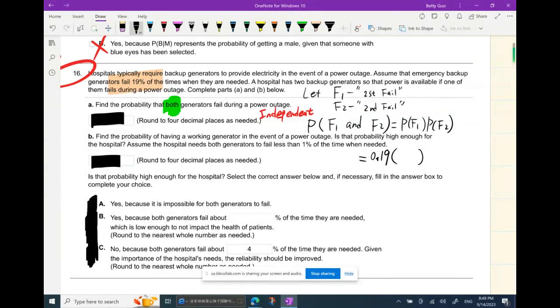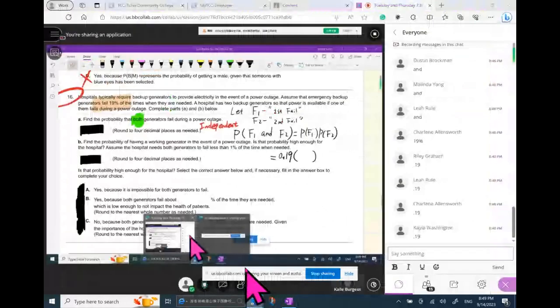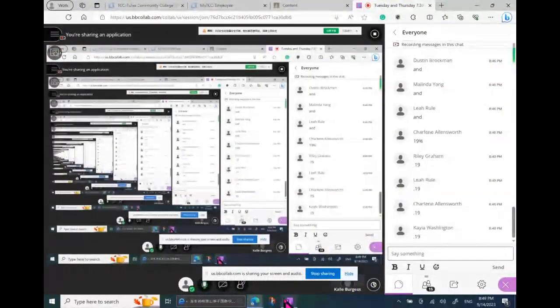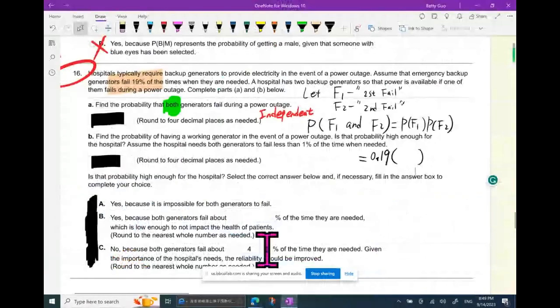And what's the probability that the second generator also fails? Same thing, right? They are probably the same brand. Also 0.19, yeah. The arithmetic part we might not spend too much time on, showing how to convert from percent to decimal. But if you need help, you can email me. We can make a schedule and I'll explain that. So multiply 0.19 by 0.19, I have